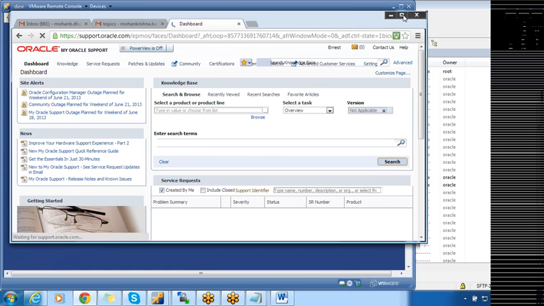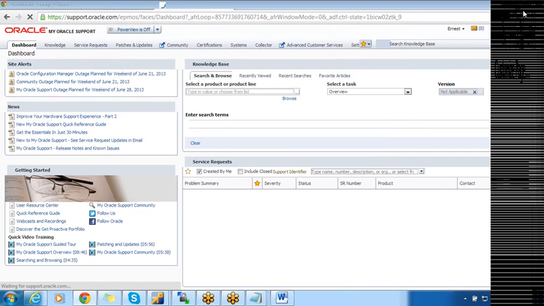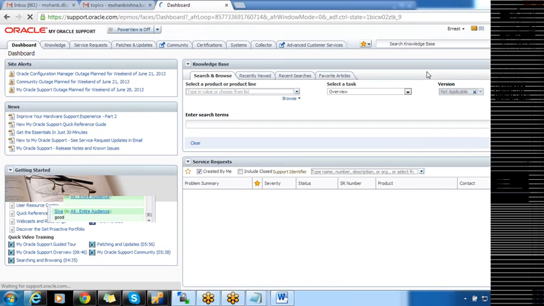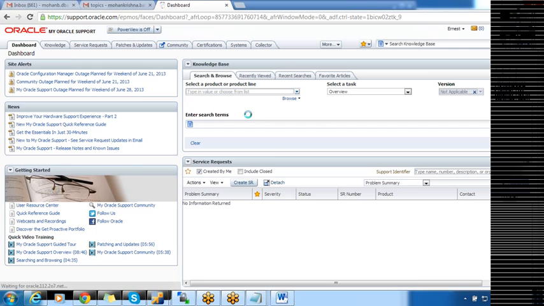So here, this is what the home page of Oracle support looks like. If any of your team members opened any tickets, they will be under this window. It will show you the ticket number, the status of the ticket, and the update from Oracle. Now if you want to search for any patch or bug, you can search on the knowledge base. On the top right side, you will have a search knowledge base box. Just paste this patch number and press enter.